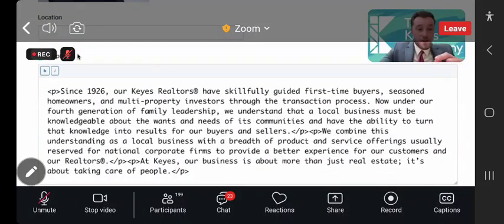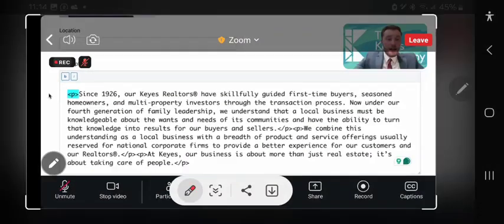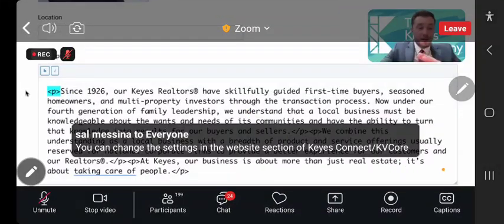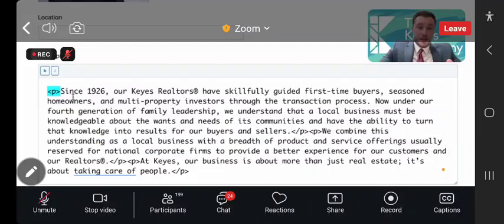This is absolutely key. This description. Look at my description. If you look here, what I highlighted, this little P, that's just for coding stuff, so you don't have to worry about that. I didn't type that. It says, since 1926, our Kai's realtors have skillfully, etc. If you've never been into your Forbes Global Properties profile and you've never updated it, I can almost guarantee yours says the exact same description that I have right here. Does that help differentiate you? No. It's a really nicely written paragraph about the Kai's company and longevity and things, but I want to know about you. So please make sure that you take time to go in and update your description in your